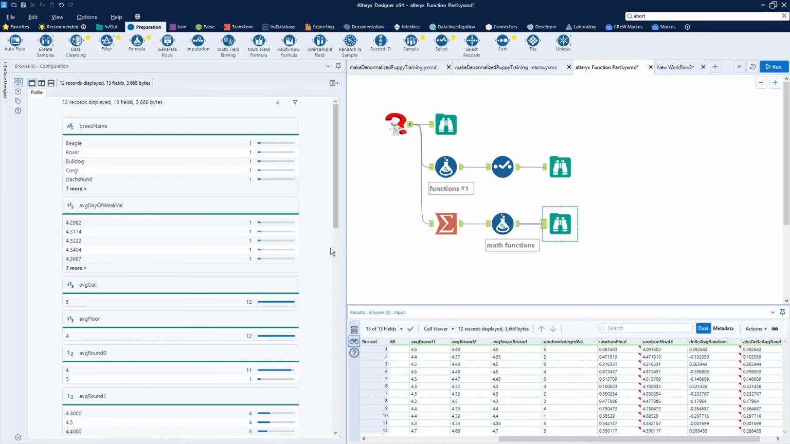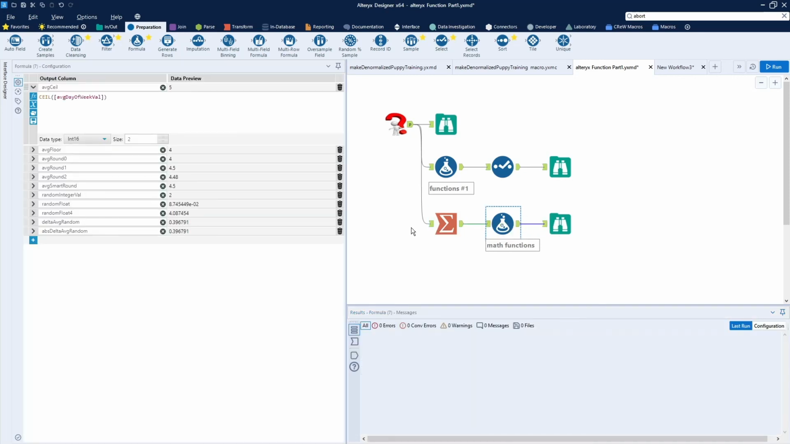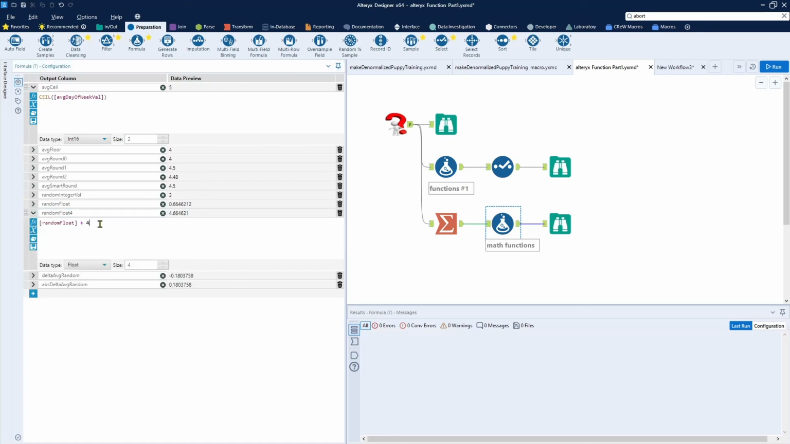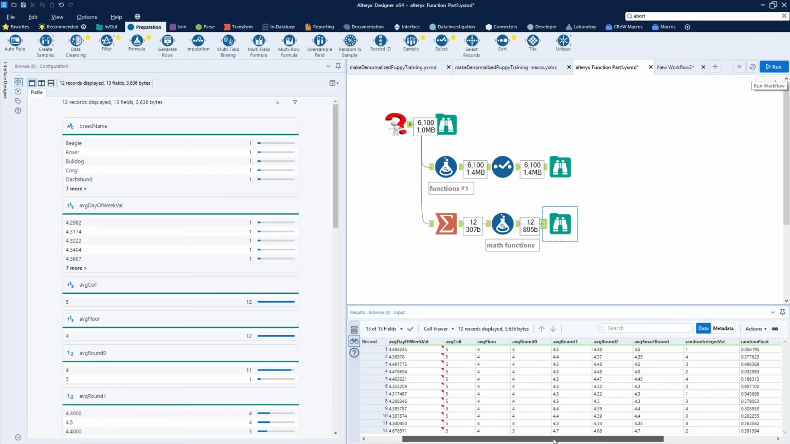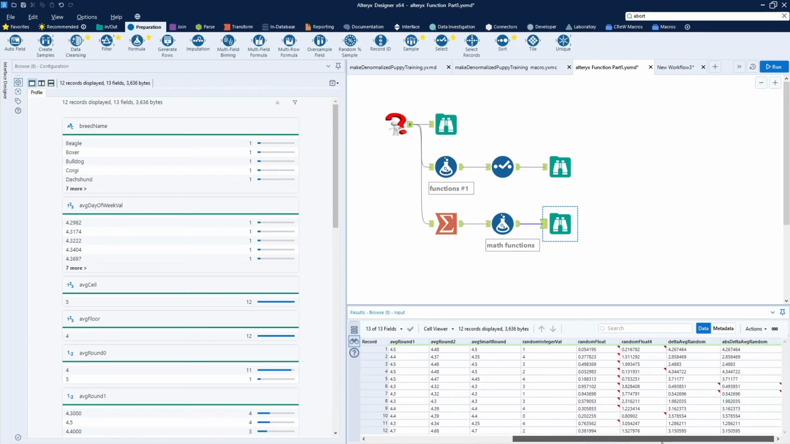Some other things I can do if I want to have a range from 0 to 5, for example. Let me show you that very quickly as I modify this float 4. Let's just do it from 0 to 4. If I want a number from 0 to 4, I can go ahead and multiply that by 4. Let's run this one more time. And now you can see that my random float is between 0 and 4